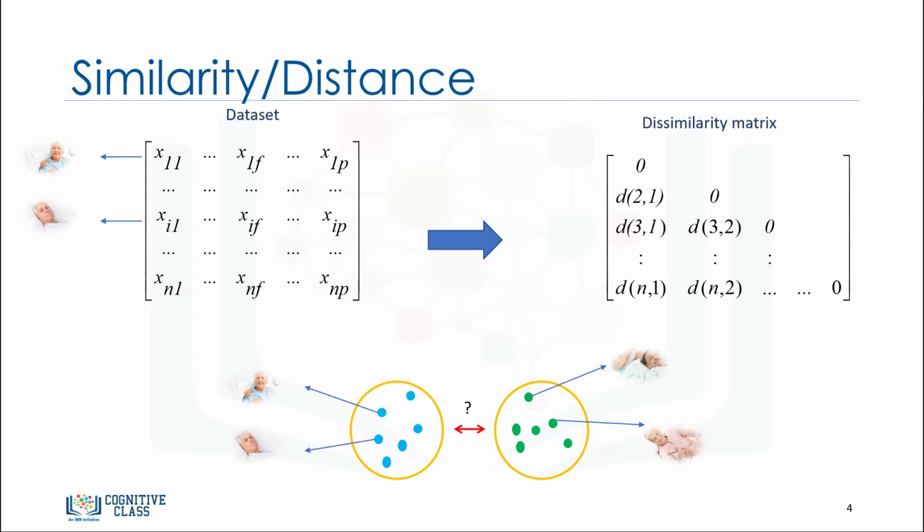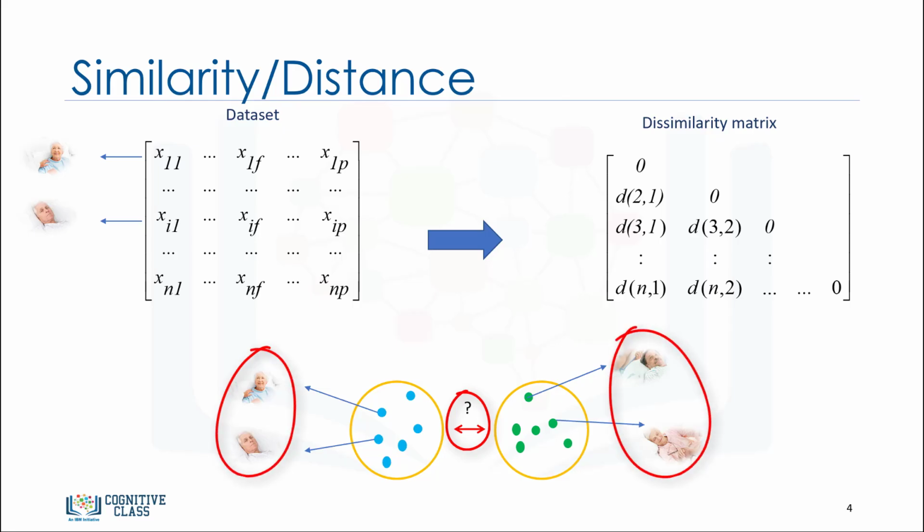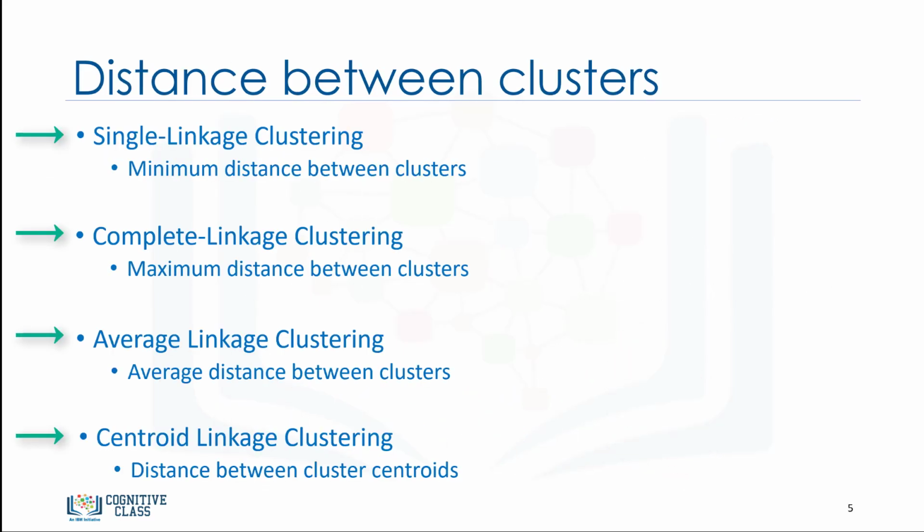However, as mentioned, we merge clusters in agglomerative clustering. Now the question is, how can we calculate the distance between clusters when there are multiple patients in each cluster? We can use different criteria to find the closest clusters and merge them. In general, it completely depends on the data type, dimensionality of data, and most importantly, the domain knowledge of the dataset. In fact, different approaches to defining the distance between clusters distinguish the different algorithms. As you might imagine, there are multiple ways we can do this.